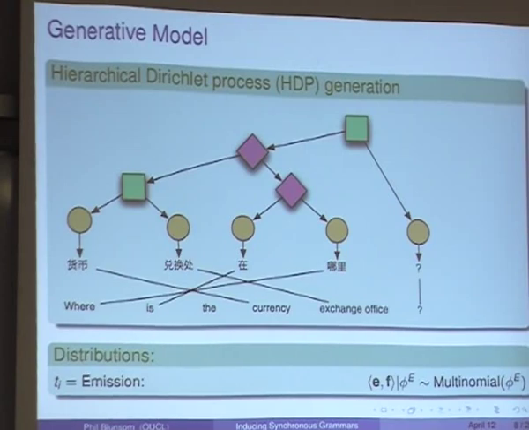And this is a probabilistic model, so for each step we have a statistical distribution. So what we're saying is that we want to learn this. From observing the strings, we want to learn the parameters of these distributions.